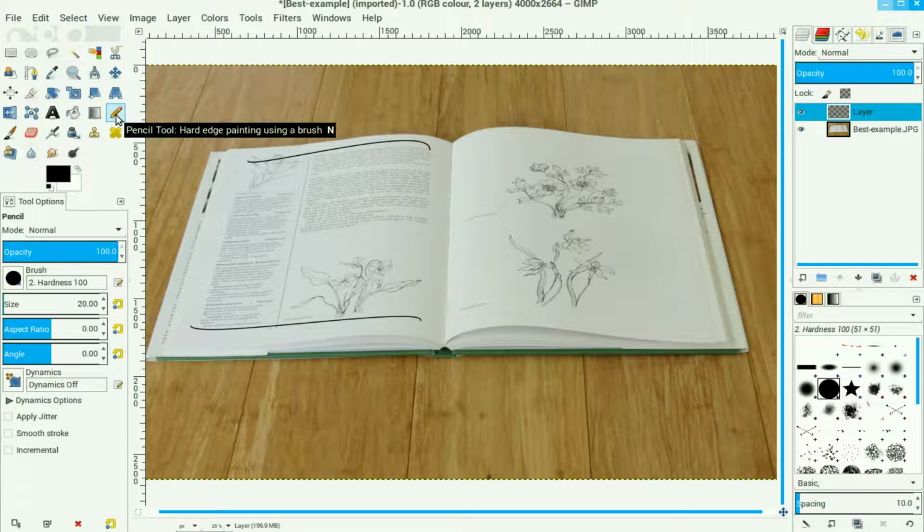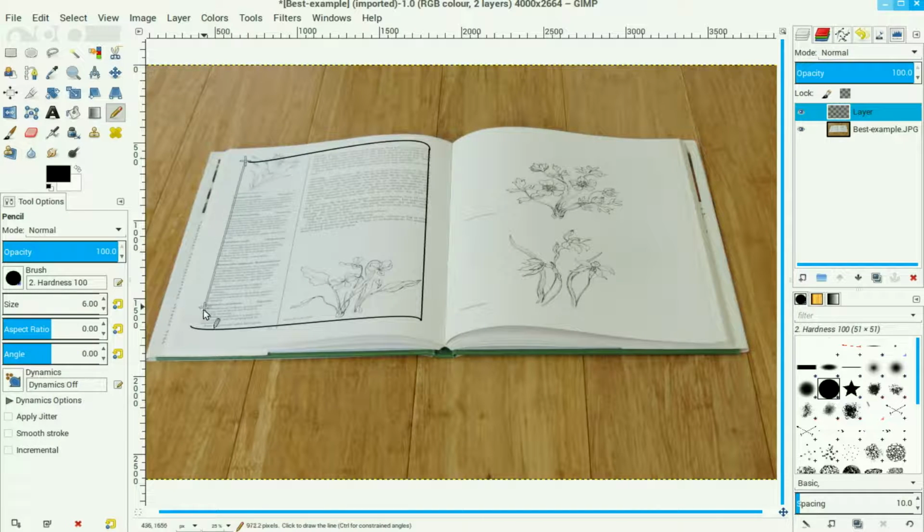We select our pencil tool and we select a large brush. Now we need to drop that brush size down to the pixels we made the path stroke with. We should move that down to 6 pixels. Click in there right on the spot. If you leave an opening it will bleed into the other area later on. We click it there, let the mouse button go, hold down the shift key and drag it down to meet the other end, and then click once, move over to the other side, click once, move it down, and once again